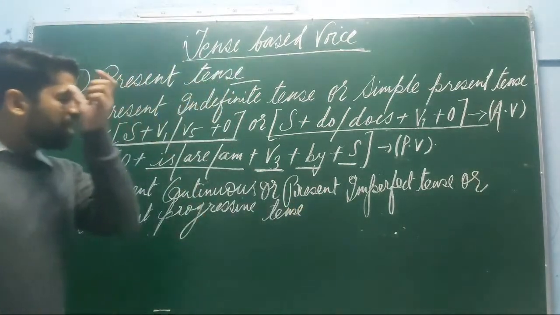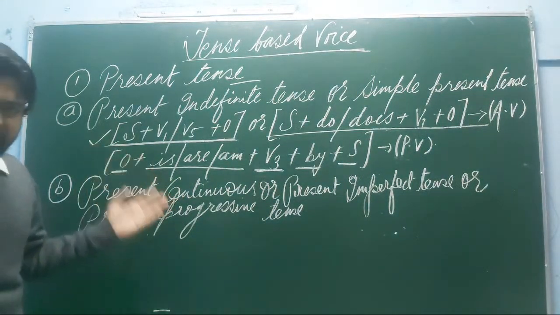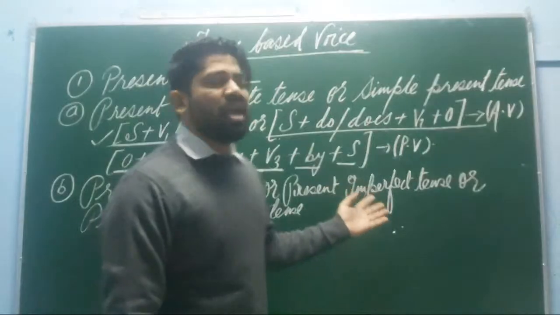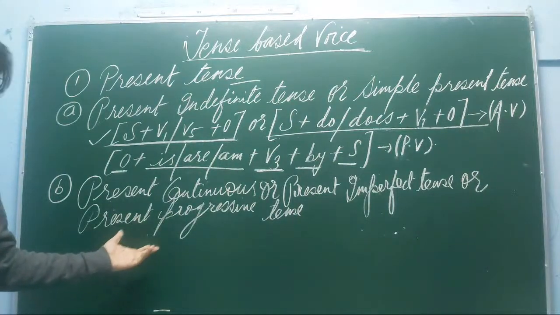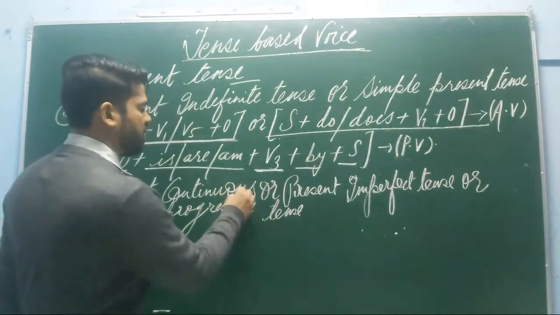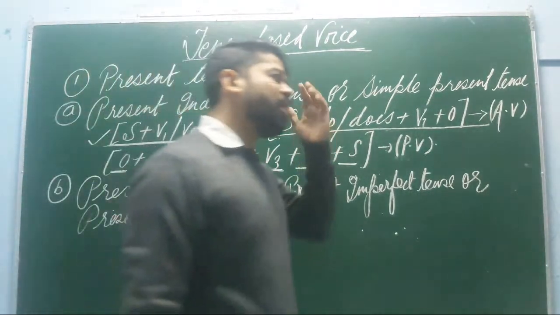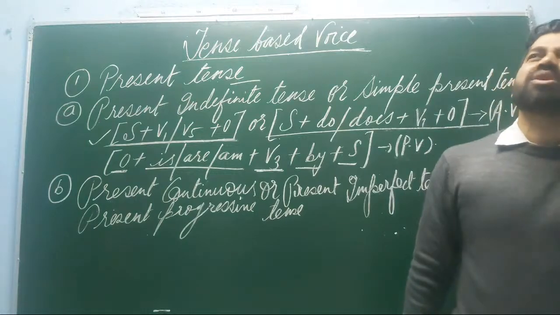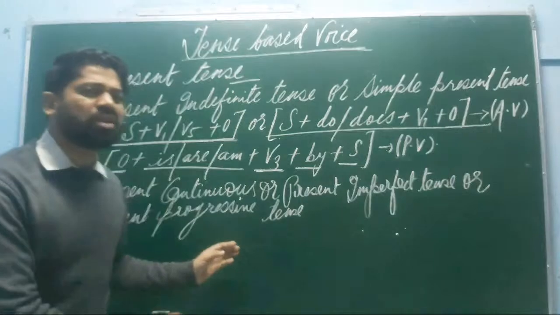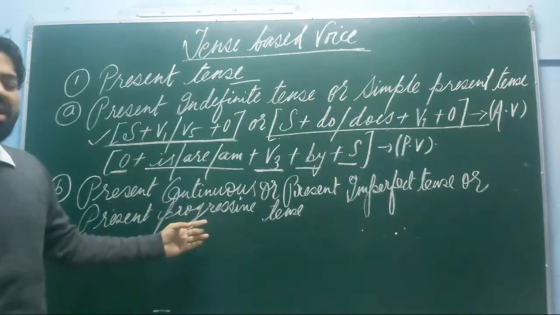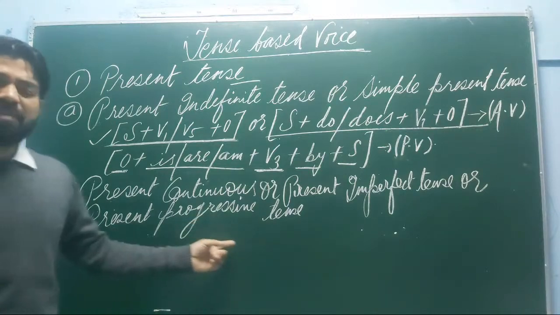So the name is the present progressive, as you are quite aware that present continuous tense is the name according to the modern English grammar, and present imperfect tense is the name according to the old English grammar, and the third one is the present progressive tense. You are seeing why this tense is named the present progressive tense? I had told you about the reason, the mystery behind the name. Why is present continuous also known by the name of present progressive tense?